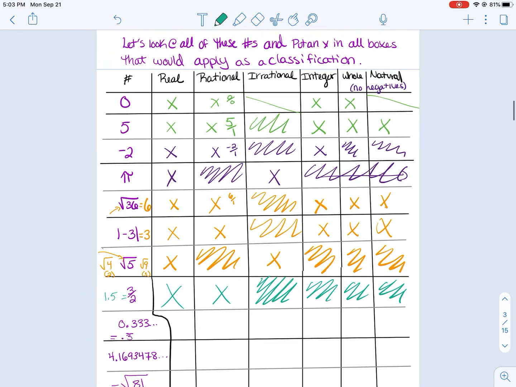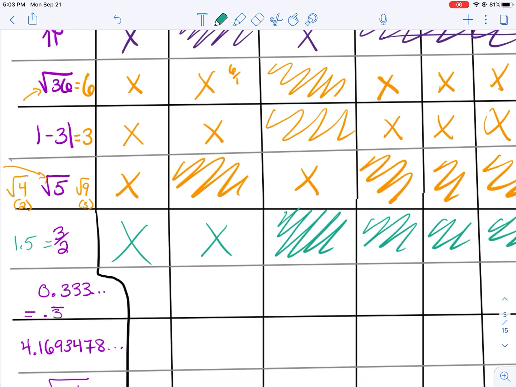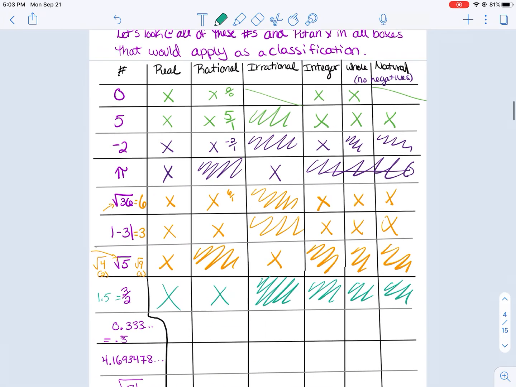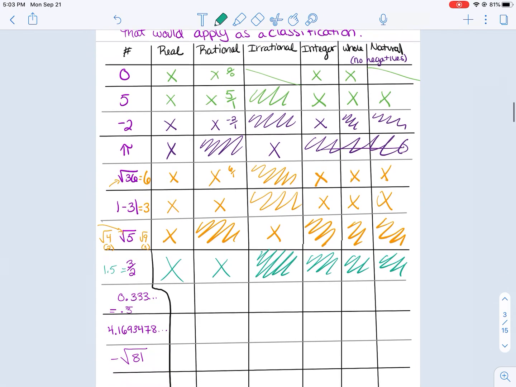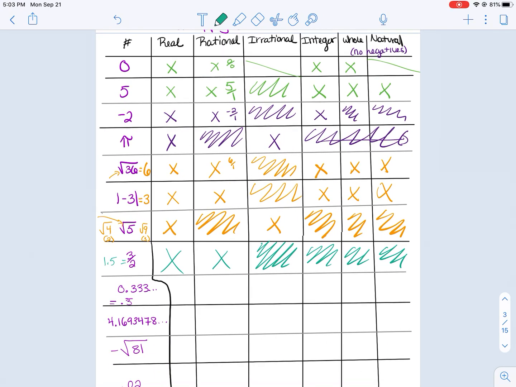All right. Let's see here. Next, we have 0.3 repeating. And I've just listed 2 different ways to write that, okay? So with the dots after, or with the bar across it. Well, 0.3 repeating, it's a real number for sure. Is it rational? So it's a repeating decimal, but do you guys know what 0.3 repeating is actually equivalent to? It's equivalent to